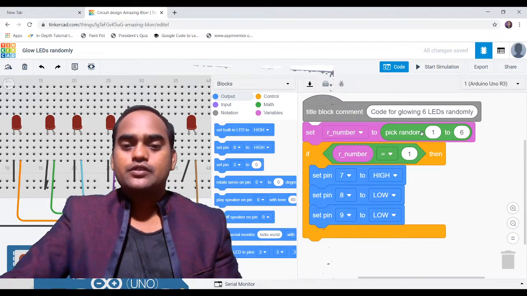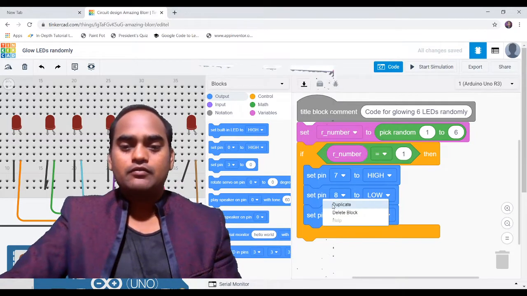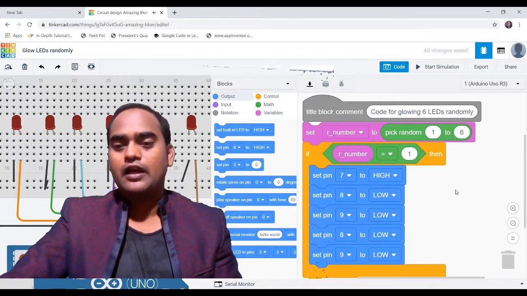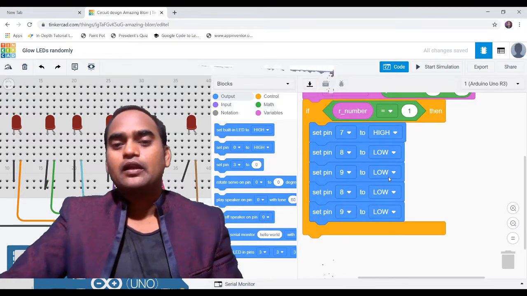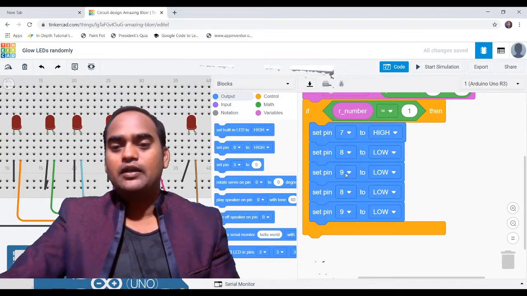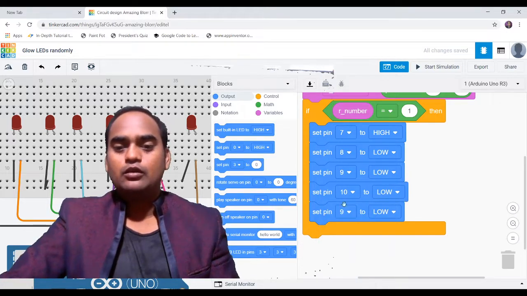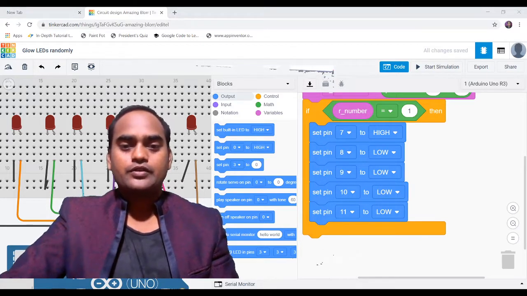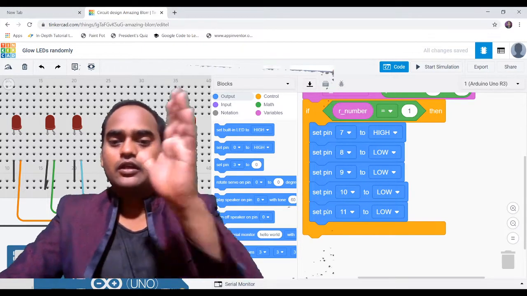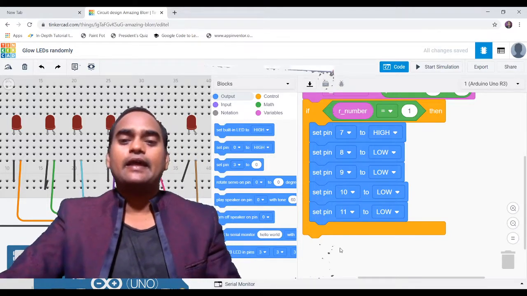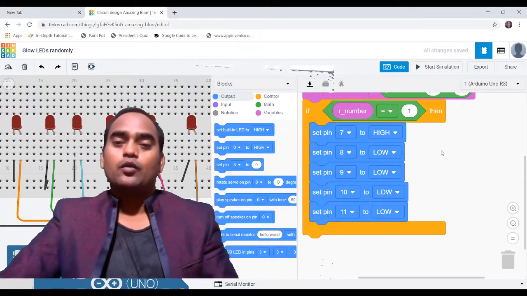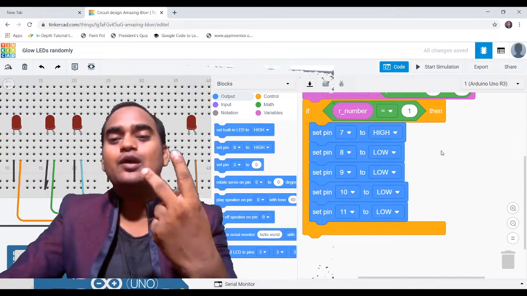Let me just make a duplicate of it, and then we'll go ahead. Yeah, that's fine. So I have made the duplicate, and this time let me make pin number 9 low, then pin number 10 low, and pin number 11 as well low. That's good to see. I hope, children, you can see this very clearly, and I hope you have understood the logic behind it. Now I will tell the Arduino what to do if it has generated 2 as a random number.